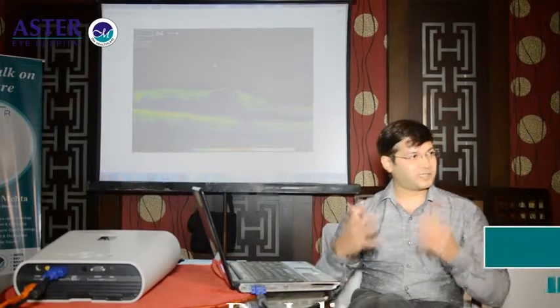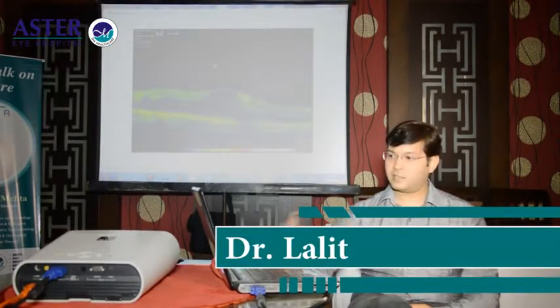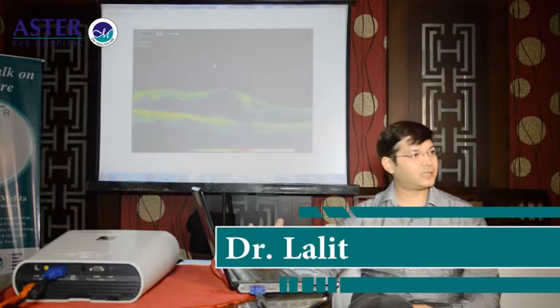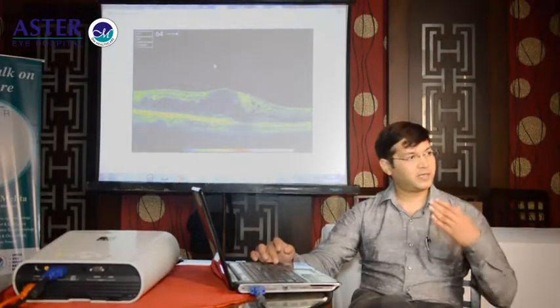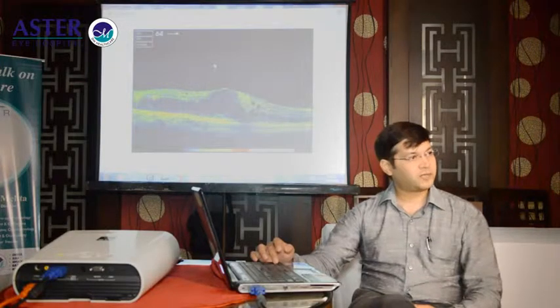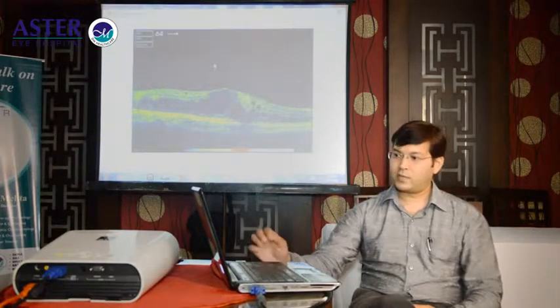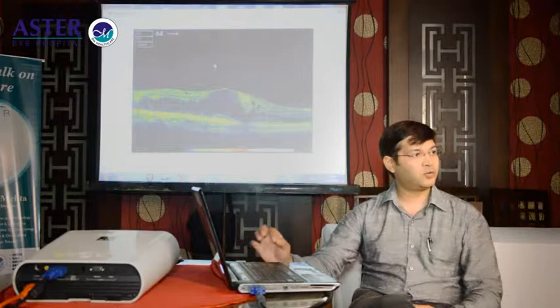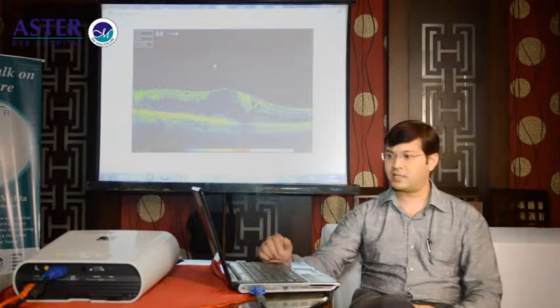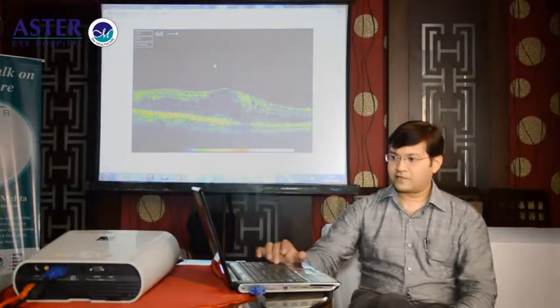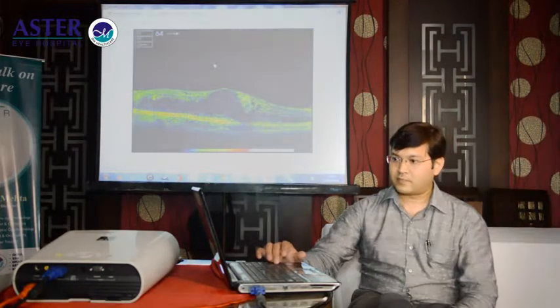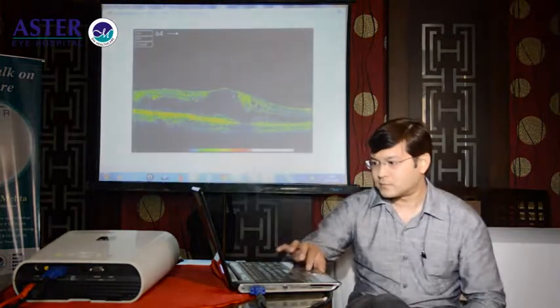The retina actually has 10 layers, and diabetes can affect any layer within the retina. So OCT enables us to visualize the retina in very high detail, to the order of 5 microns. We can exactly pinpoint the location and the nature of the swelling within the retina. Now this is a diseased retina affected by diabetic retinopathy, but before that I would like to show you a